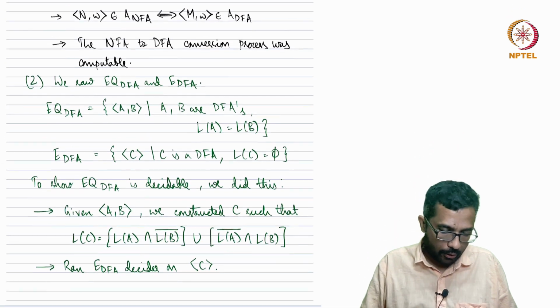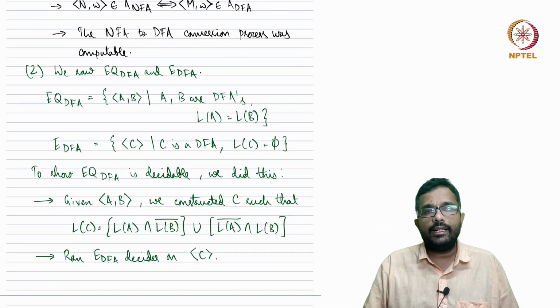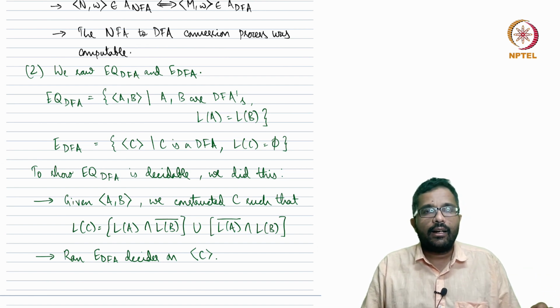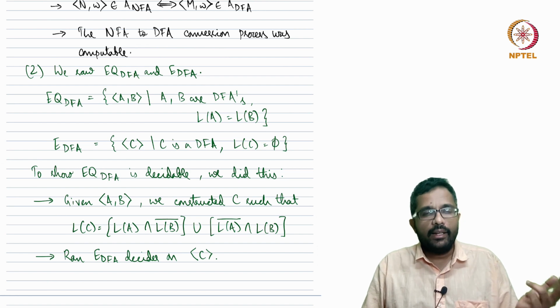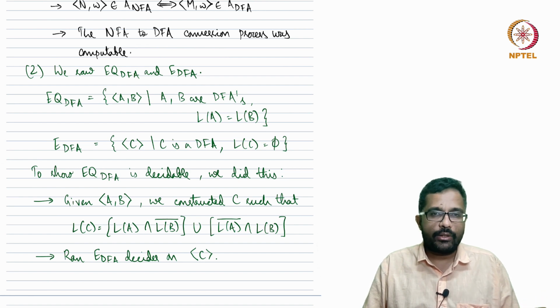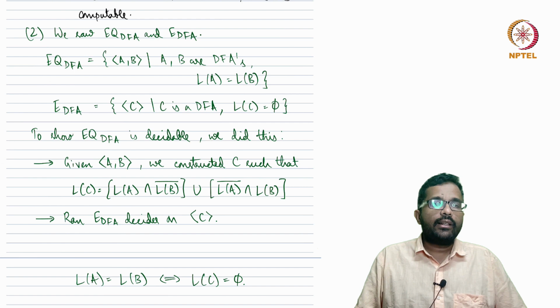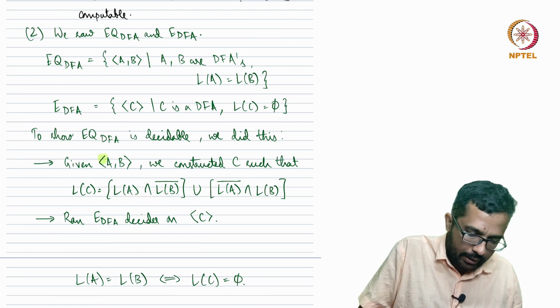Another example, also something that we have already done, is the reduction from EQ_DFA to E_DFA. EQ_DFA is the problem of, given two DFAs, asking whether these two are equivalent, that is, whether they both recognize the same language. E_DFA is the problem of, given one DFA, asking whether it recognizes the empty language. So what we did, if you recall, is that given an EQ_DFA instance, which is A, B,